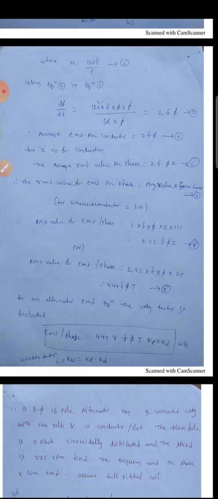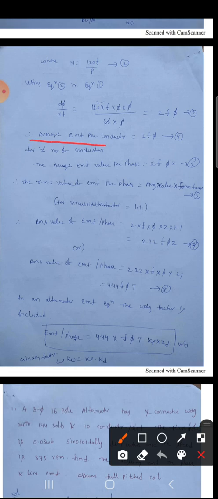Now this is the average EMF per conductor, that is 2 into f into phi. So this is the fourth equation. Now for Z number of conductors, this is for one conductor, and for Z number of conductors we just multiply it with Z, that is 2 into f into phi into Z. Let us consider this as equation 5,